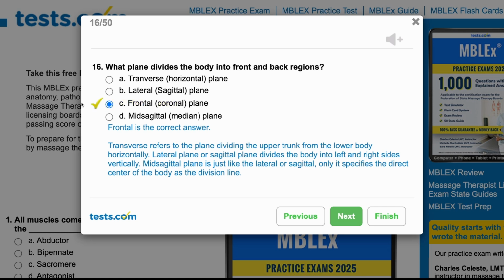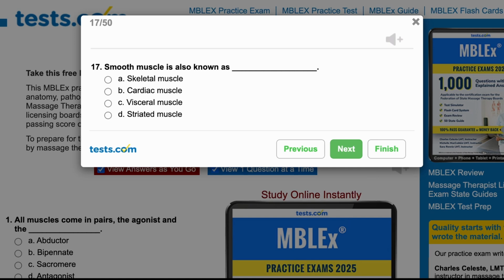C. Frontal is the correct answer. Transverse refers to the plane dividing the upper trunk from the lower body horizontally. Lateral plane or sagittal plane divides the body into left and right sides vertically. Mid-sagittal plane is just like the lateral or sagittal, only it specifies the direct center of the body as the division line. Question 17. Smooth muscle is also known as